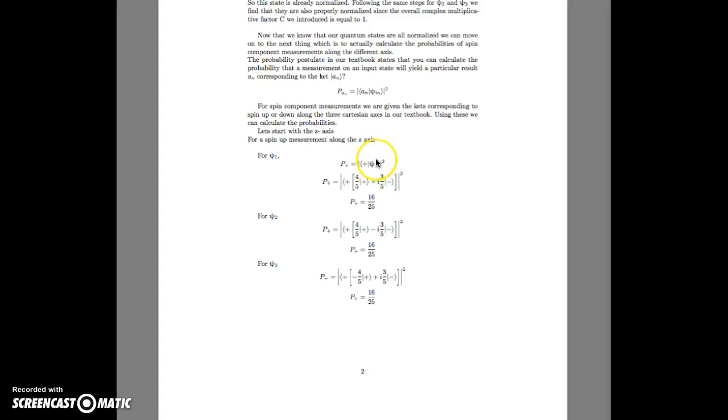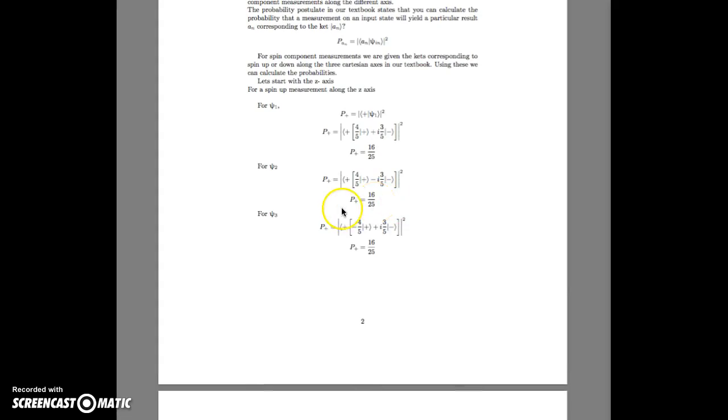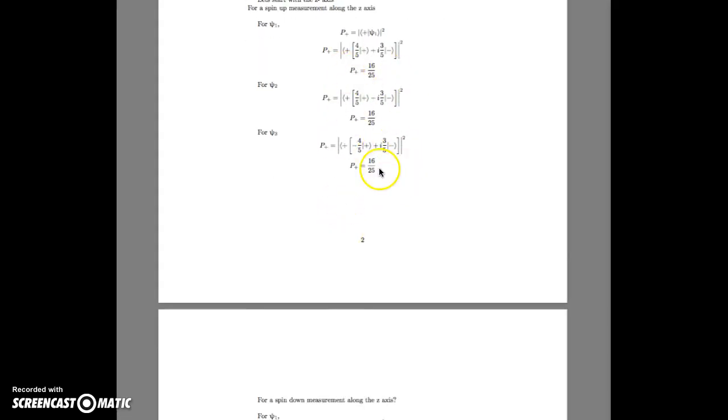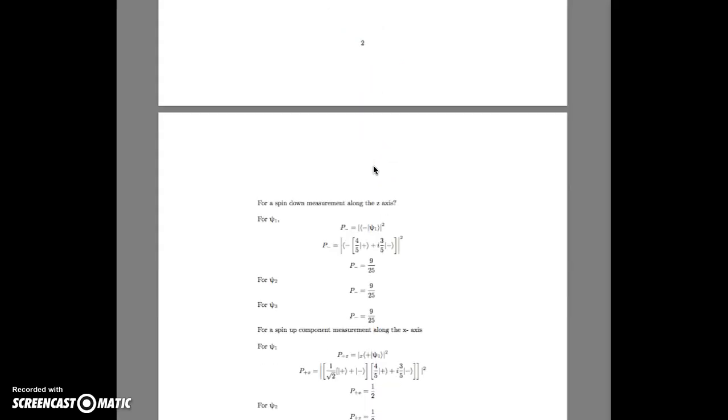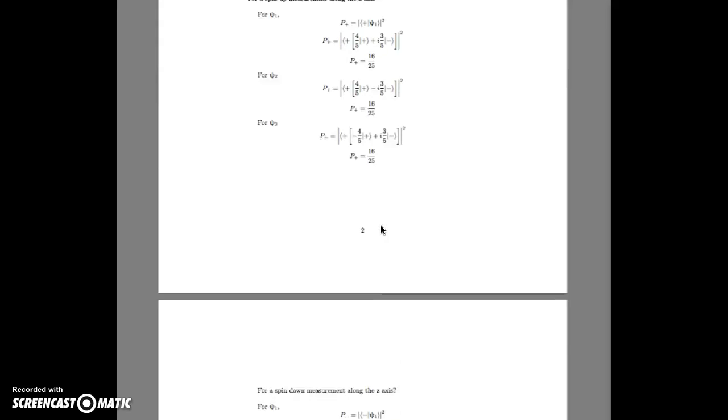Here is our first quantum state, and we're taking the modulus squared of it. Going through that, we find that it is equal to 16 over 25, our probability that we will measure spin up along the z-axis. Following the same steps for our second and third quantum states, we find that they also have the probability of 16 over 25. For spin down, we do the same exact thing. We have our ket right here, and we find that each of the probabilities for our 3 quantum states is 9 over 25, and this makes sense